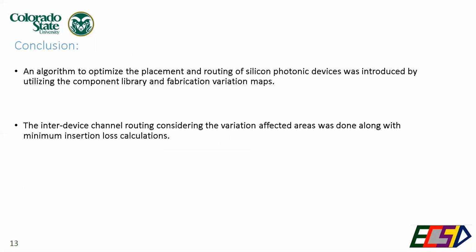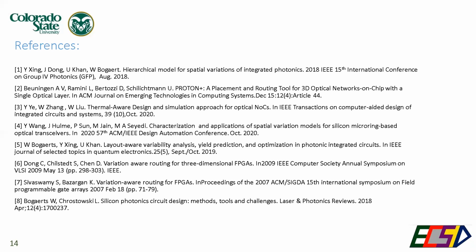So in conclusion, an algorithm to optimize the placement and routing of silicon photonic devices was introduced by exploiting the components library and fabrication variation maps, and the inter-device channel routing considering the variation-affected areas was done along with the minimum insertion loss calculation. And these are the references we used